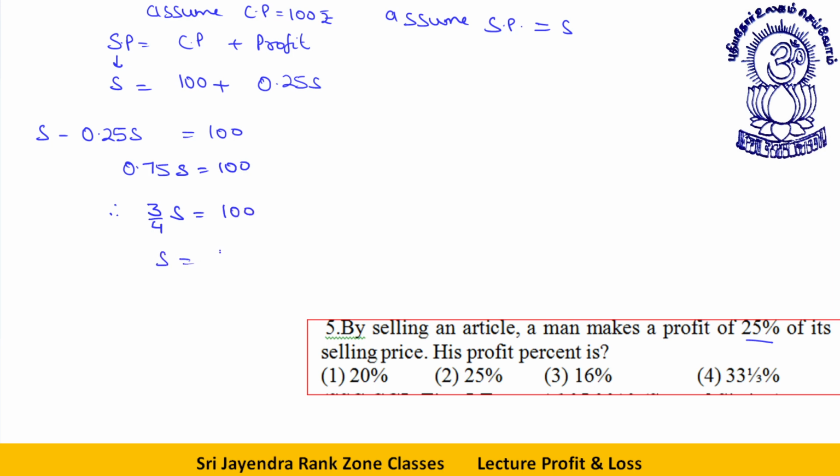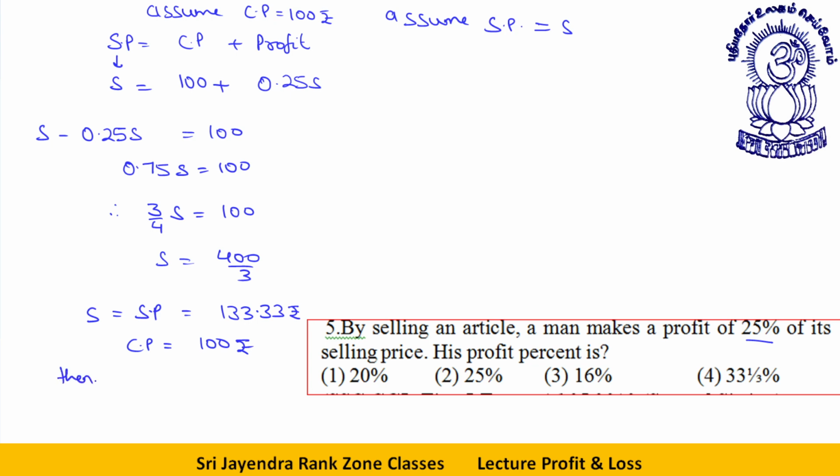S comes out to be 400 by 3, that is S is equal to 133.33. Okay, so if CP is 100, selling price is equal to 133,